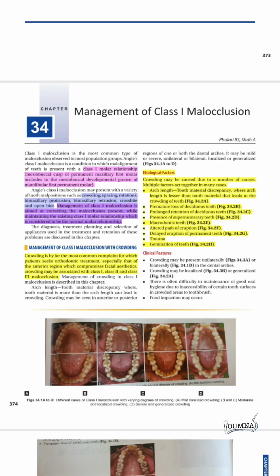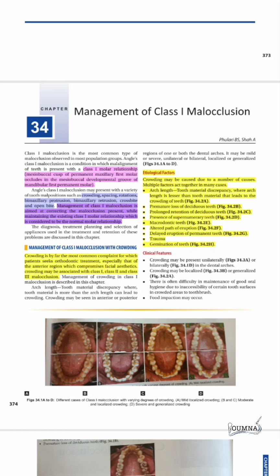In the coming episodes, we will discuss the management of Class 1 malocclusion, Class 2, Class 3, the deep bite, open bite, cross bite, and the midline diastema. And we will finish by talking about the cleft and the